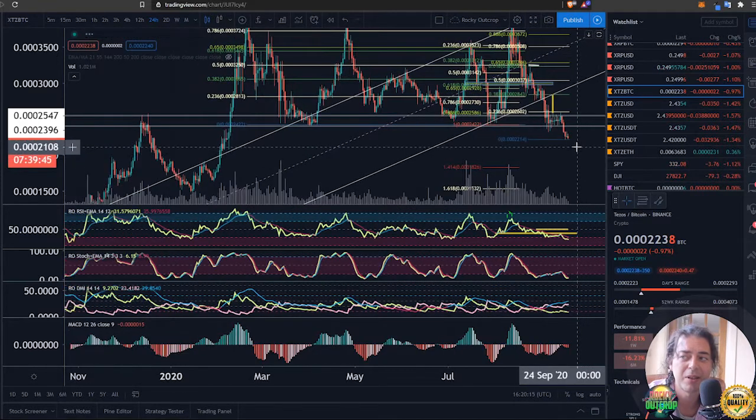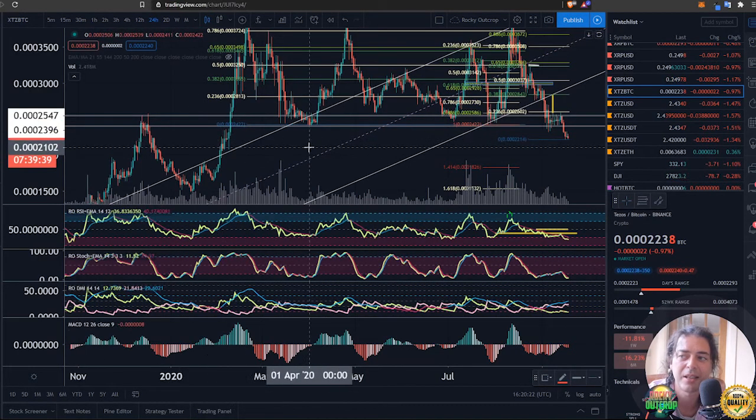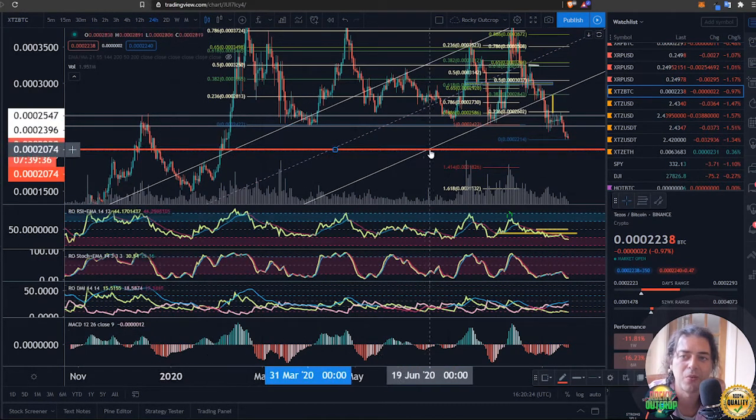There's a couple other things that I would like to point out probably, such as this horizontal here. You hope to not have to talk about these things, but here we are. So I'm going to put a red line in here for this one and say that if we drop down below this 0.02 area, then that's our new Alamo for us.